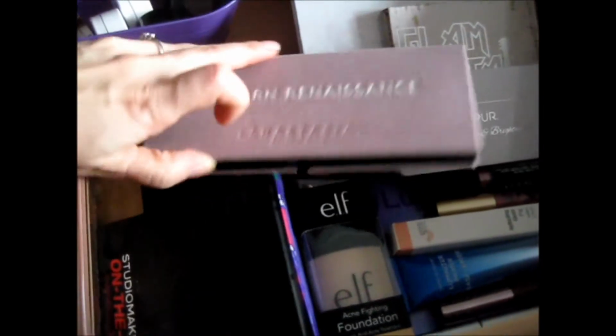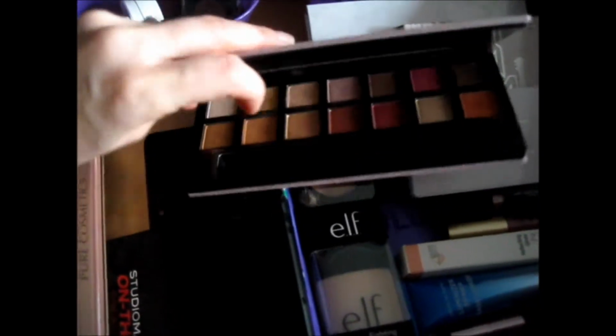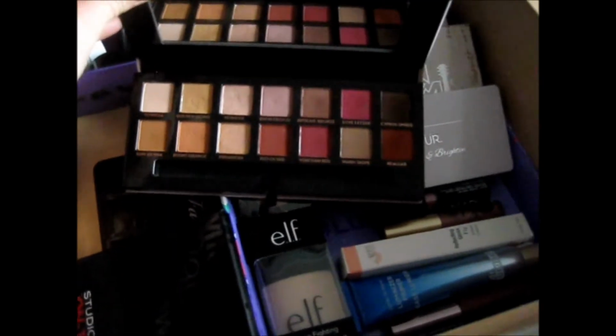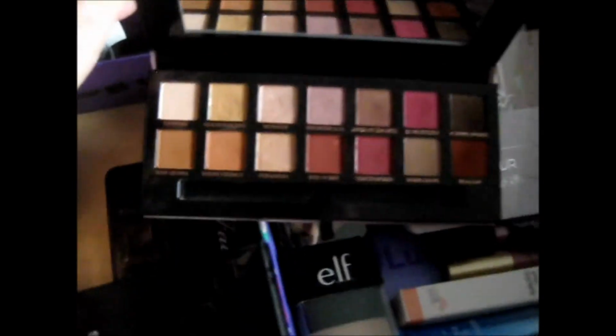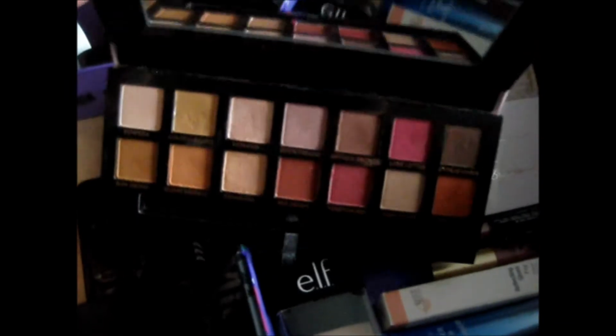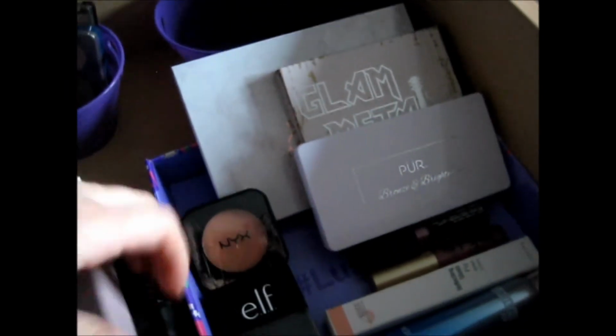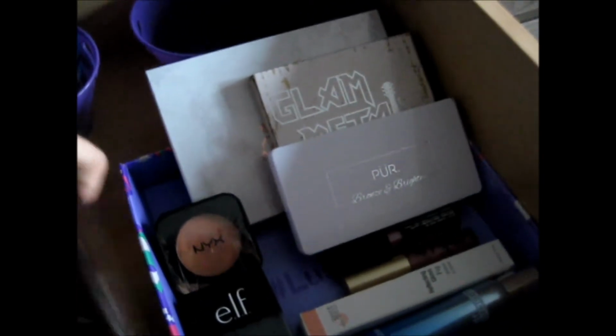The Anastasia Modern Renaissance palette is my favorite palette probably that I own. I don't know if I'm comfortable saying that, but it might just be. As you can see, I've used this a lot, or maybe you can't see. But I want to get more used to that this month. And then just to have more